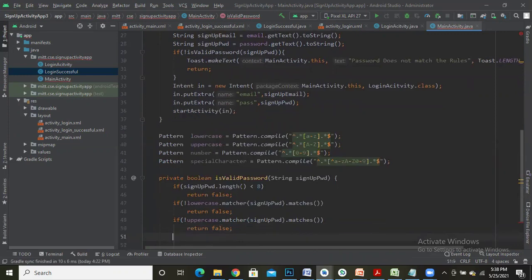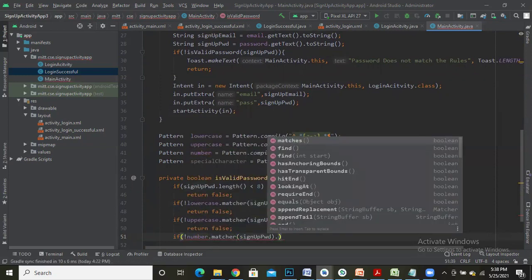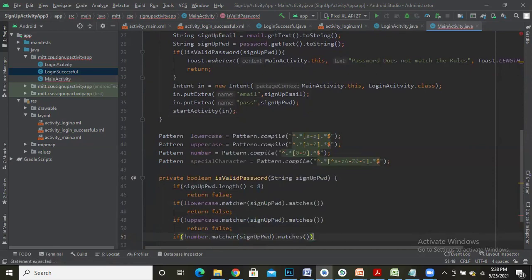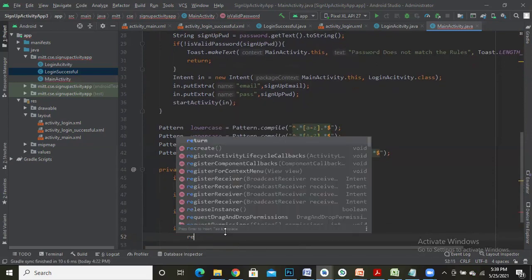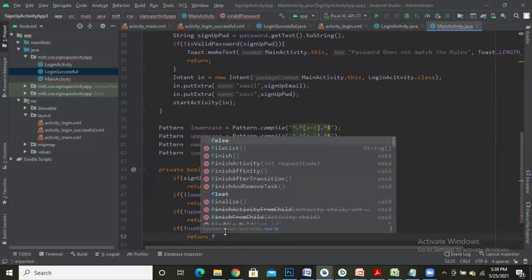And similarly, if not of number dot matcher of signup password dot matches, if this is not going to satisfy the condition, return false.